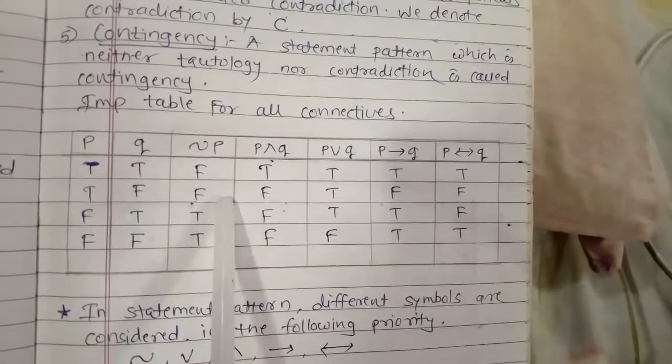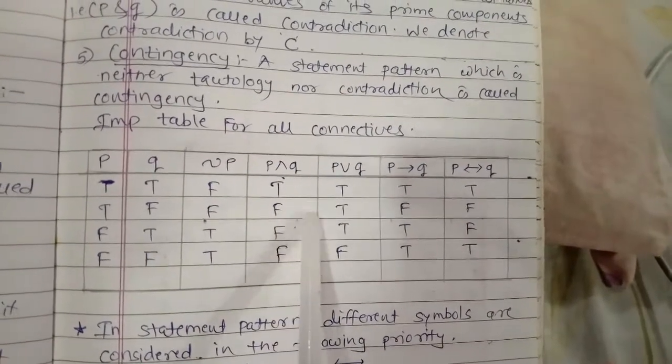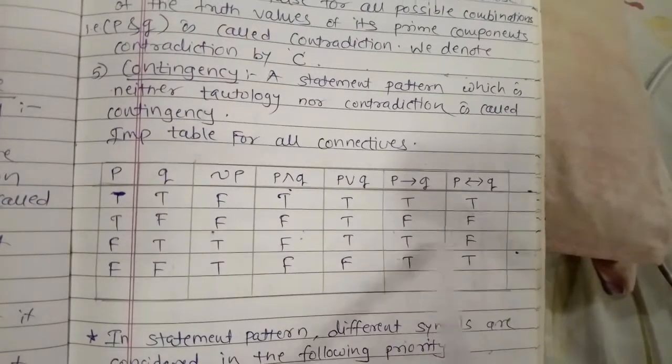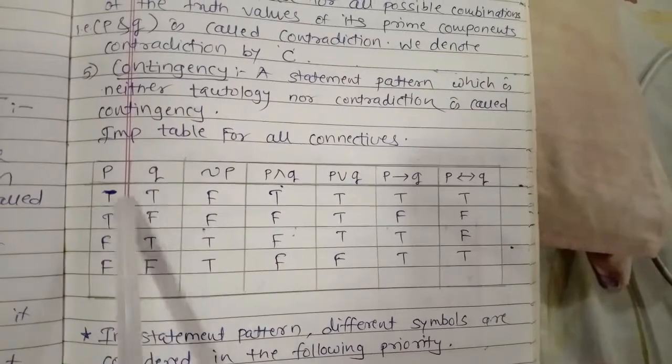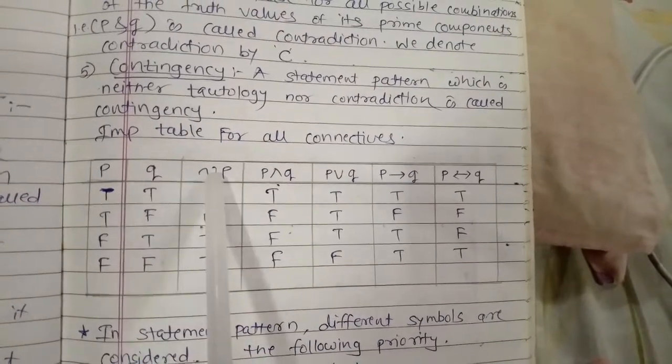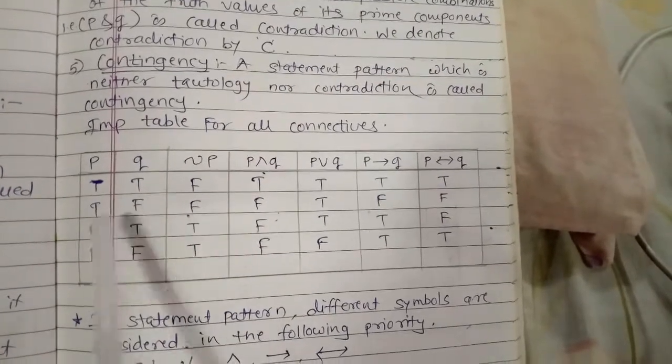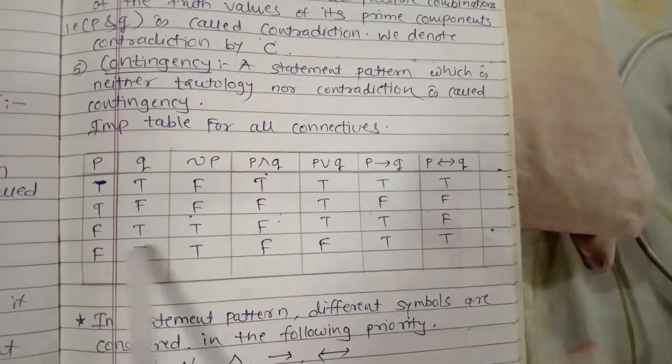There is one important table. We already learned the truth tables of all logical connectives. If P and Q are two statements, then how do we write down the negation? All these tables are here in one table. See how to learn this, that is P and Q. How can we write the negation? If P is T, then we write its opposite, that is F; if it is F, then it is T.